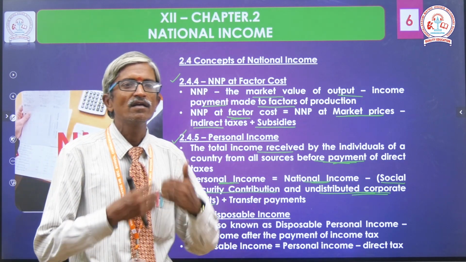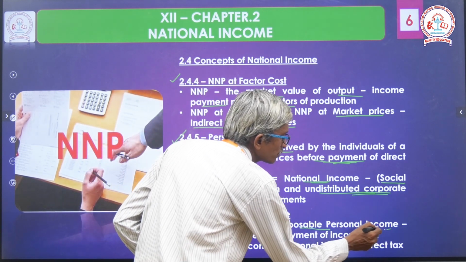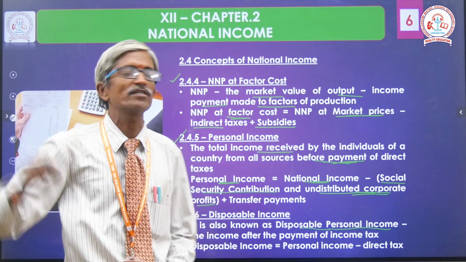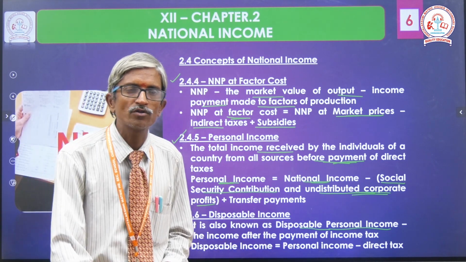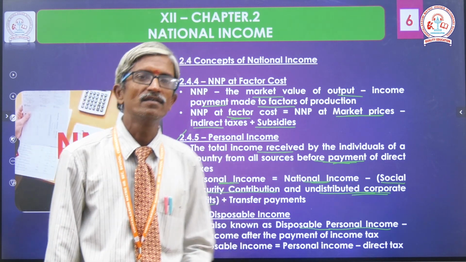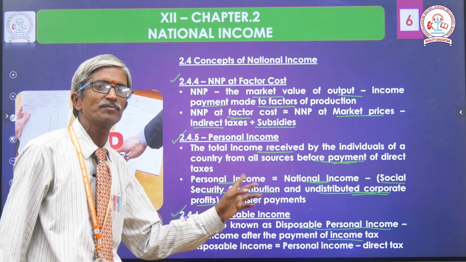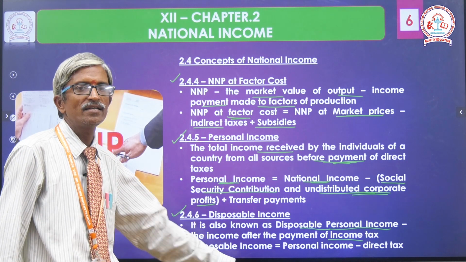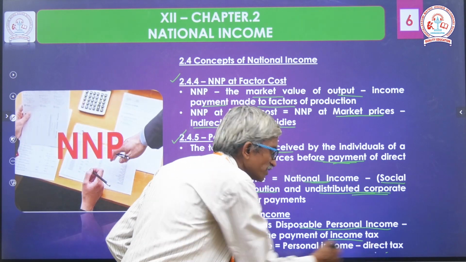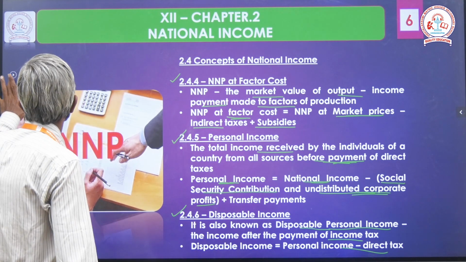I received salary, and what I made, I am disposing of the amount. It is also known as disposable personal income because it will differ from person to person. So they are mentioning here disposable personal income: the income after the payment of income tax. After the payment of income tax. So that is the difference between personal income and disposable income. What is the formula here? Disposable income equals personal income minus direct tax. Very simple. Clear? The next one is